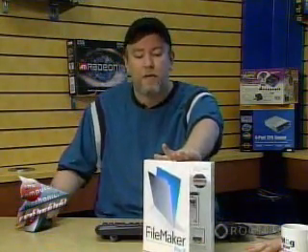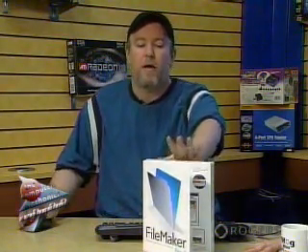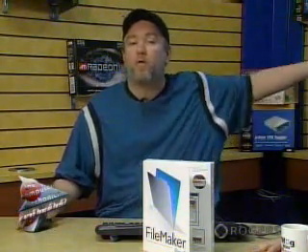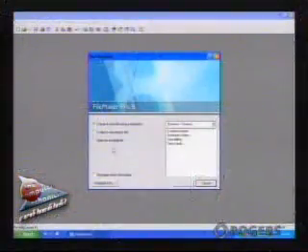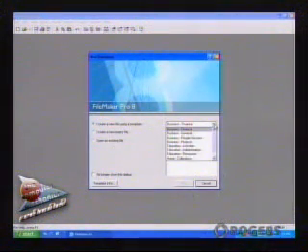So easy. I've just kind of looked at the new software package. It's been a long time since I've looked at this software, and this version is amazing. So right now we're on the startup screen for FileMaker Pro. I'm going to note here that there are a lot of built-in templates that come with this automatically.